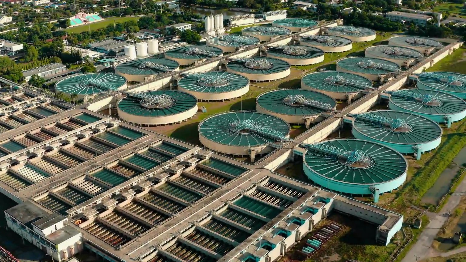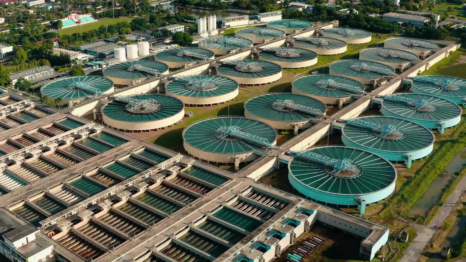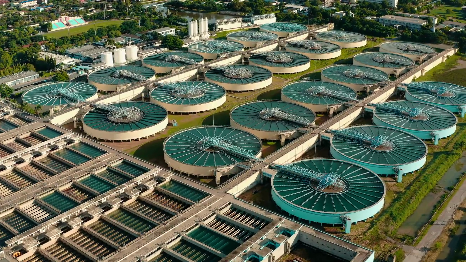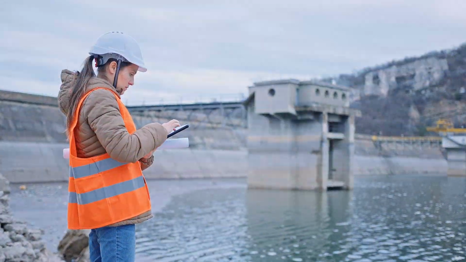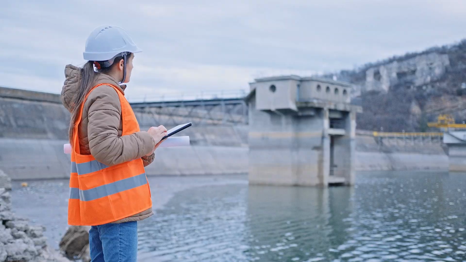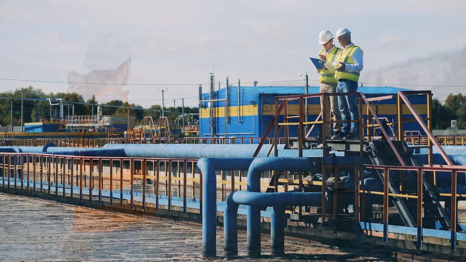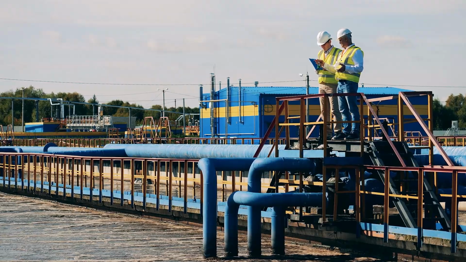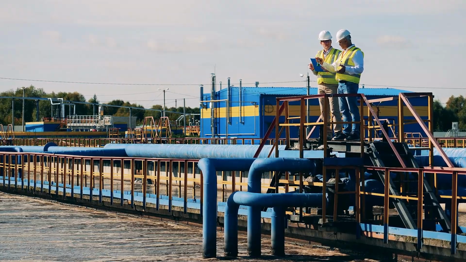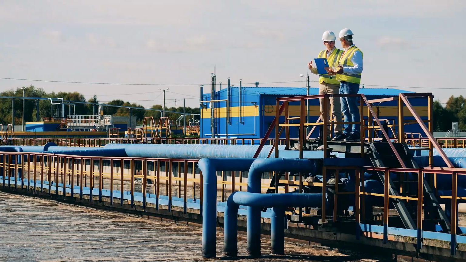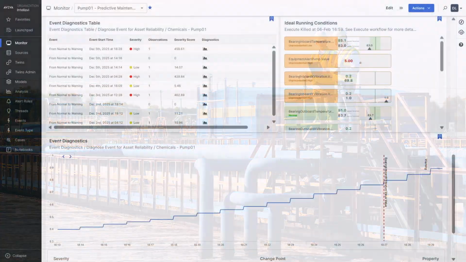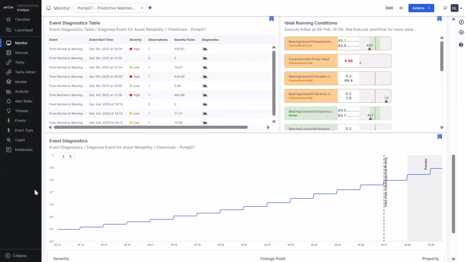In water and wastewater operations, maintaining dozens of remote lift stations and pump sites is a constant challenge. Many teams spend far too many hours each week driving from station to station, and too often the first sign of trouble is a failure, sometimes leading to overflows, fines, and costly cleanups. Connect delivers a solution. Let's see how, by first looking at how we can monitor one of our pumps